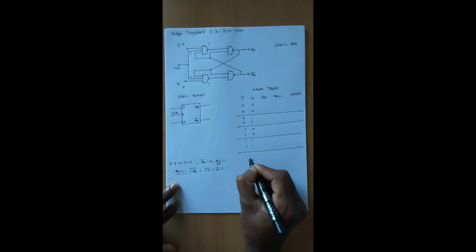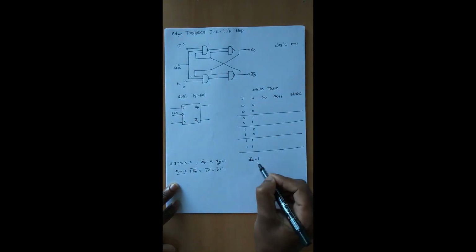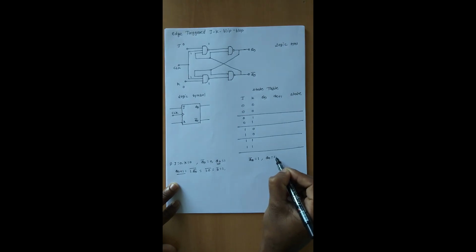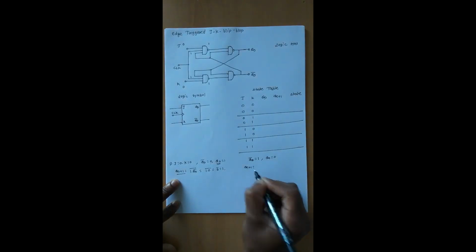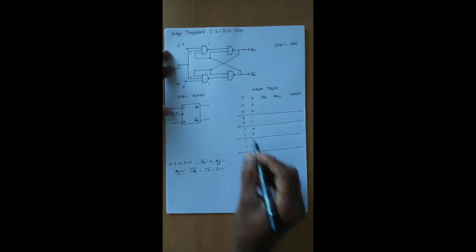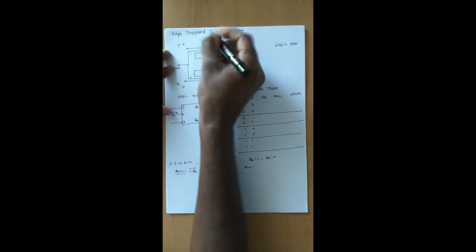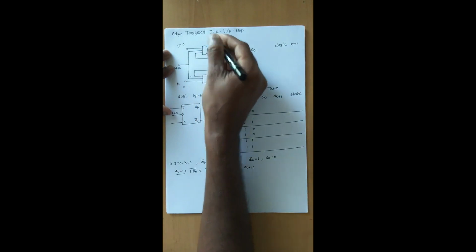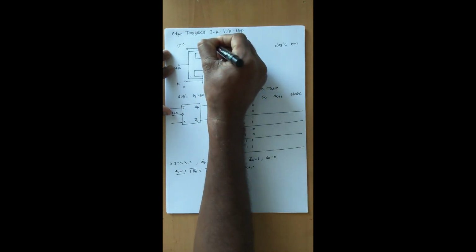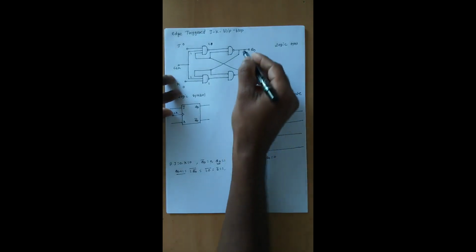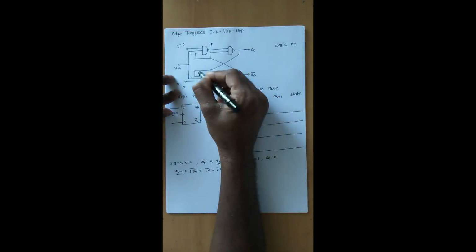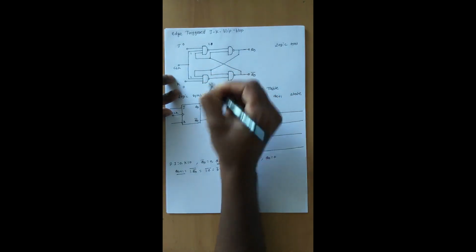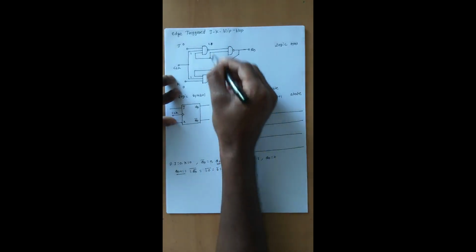Let's consider one more value of Q of N bar. Right now we assumed Q of N bar is equal to 0. Now if Q of N bar is equal to 1, definitely Q of N will be 0. Let's see what happens with Q of N plus 1. If Q of N bar is 1, this becomes 0 into 1, anything into 0 becomes 0, then the output will be 1. In the similar way, what is the value of Q of N? It will be 0. So 0 into 1 becomes 0 and its bar is 1. So both the outputs are 1.